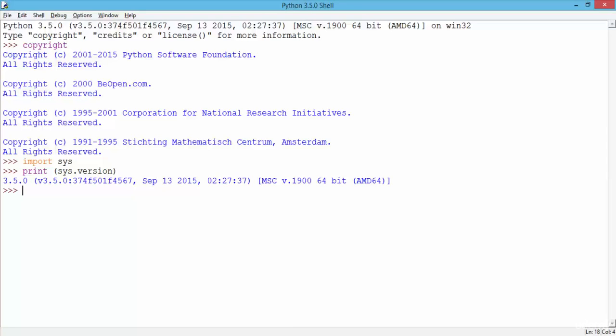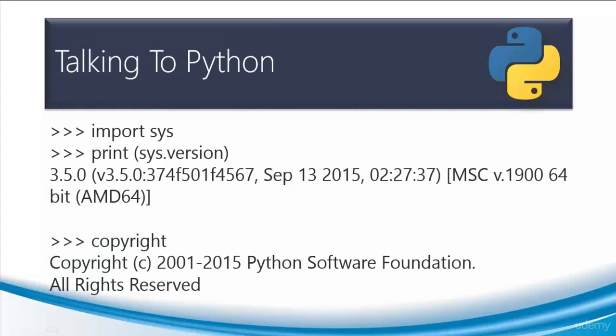So this is a good way to check, once you install Python on your own computer, whether it's installed properly or not. Okay, so this is again just a flavor, just to show you the Python shell, where essentially we'll be spending most of the time in this course. So I'm going to switch back to my slide here. So I demonstrated both the import sys commands as well as the copyright and license and credits you can also take a look at. So talking to Python is really using the Python shell. Whatever you do in that shell, Python would execute the command.